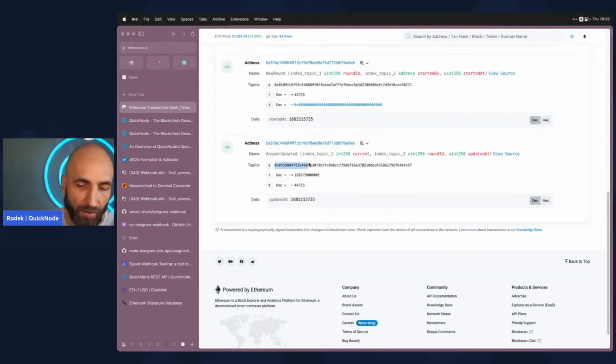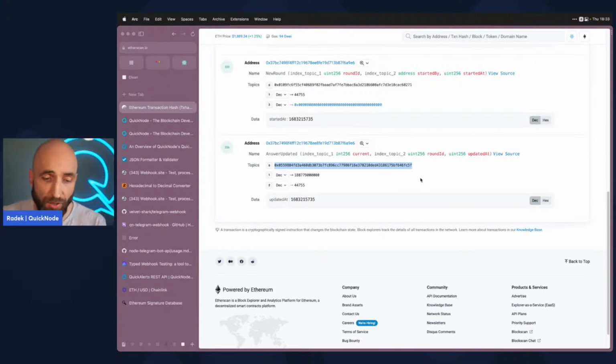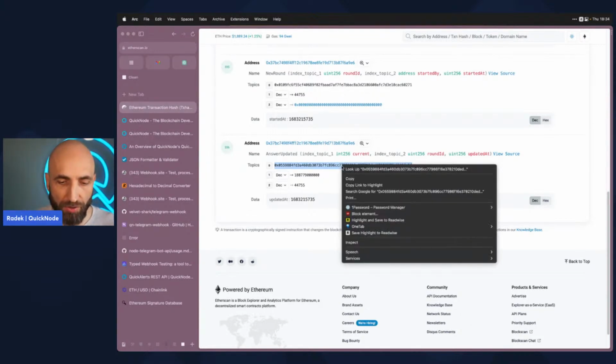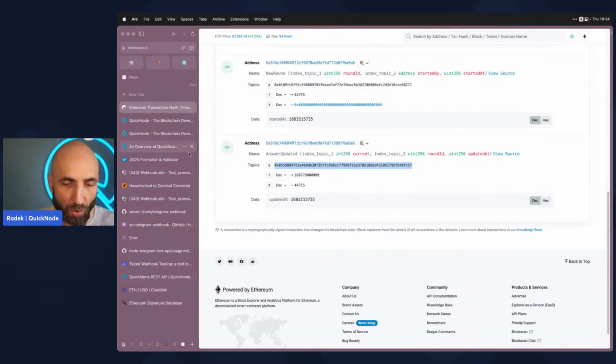And this is the topic, the function signature, the topic signature. So what it does is it hashes the answer updated and then all the parameters. So once we hash answer updated int256, uint256 and uint256, what we come up with is this. So in all the smart contracts that have that specific function with these specific parameters, we can instead just look for that topics 0, and we will get that event name and that event data. So that is where it comes from, just to make sure that we know where all the numbers are coming